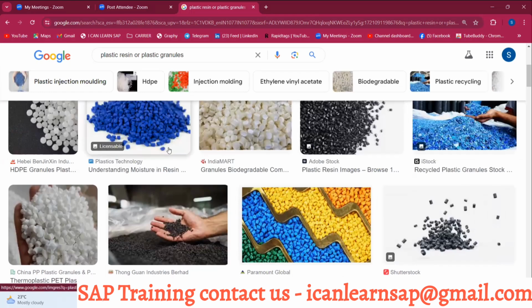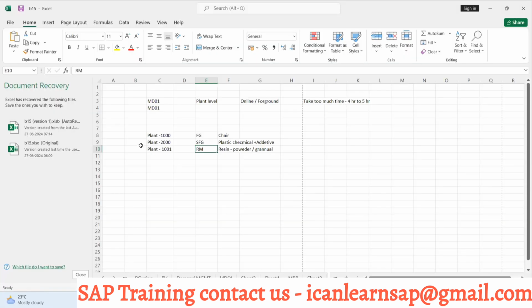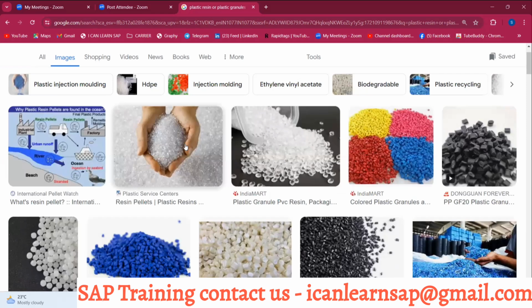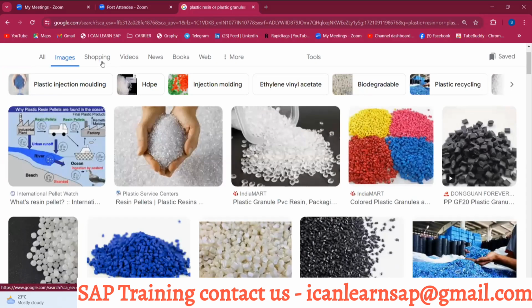Okay. So your raw material team is going to procure this resin, and then they will convert that resin into this kind of raw format. Okay, and then it will bring this material to this plant, SFG plant, and here in this SFG plant, they will melt it, add some colors to that. Assume we are having all the resin in white color, and here they are adding some colors and changing the color, and finally they are creating plastic chairs. Okay, so